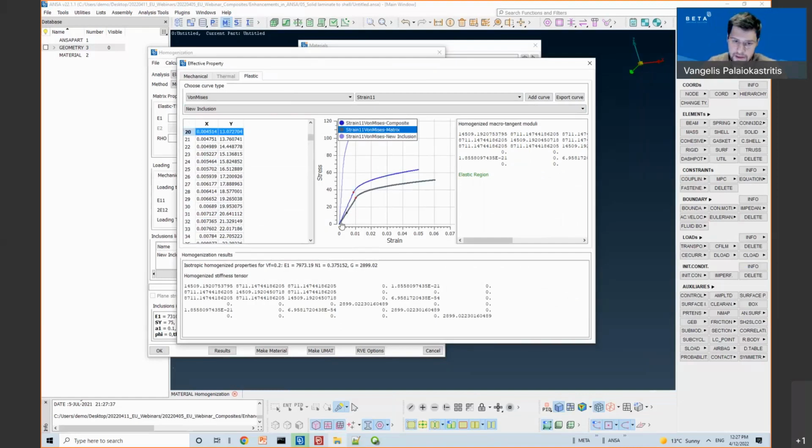The loading is necessary because what the tool actually does is add some strain incrementally, so it can perform homogenization at every increment, so it can capture the nonlinearity for the homogenized material.